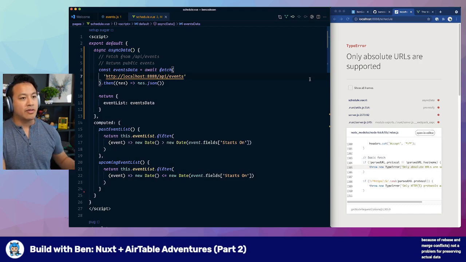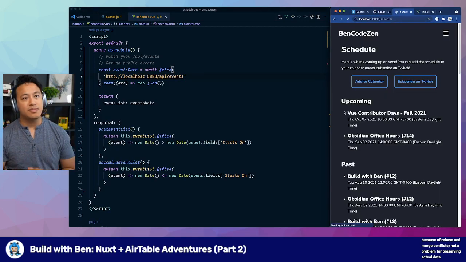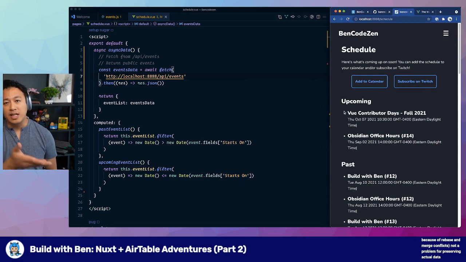As we'll see when I refresh, I'm going to go fetch, and you'll notice the data now appears instantly, which is awesome. This is really great. The problem here, though, is that localhost 8888 is not going to exist when it's deployed. So we have a couple of ways to fix this. The one that I basically recommend is that we need to have a way to configure whether or not you're in localhost